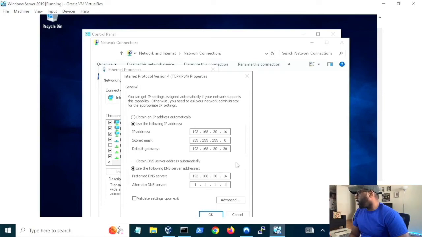So this is what we have here, right? These are my settings. 192.168.30.16 is the IP address for the DNS server, for the Windows server, our Active Directory domain controller, right? Then we have our subnet mask /24. I don't feel like saying that whole number. Then we have a default gateway of 192.168.30.30. This stuff is very important because it puts our DNS server on the same subnet as our machine, or